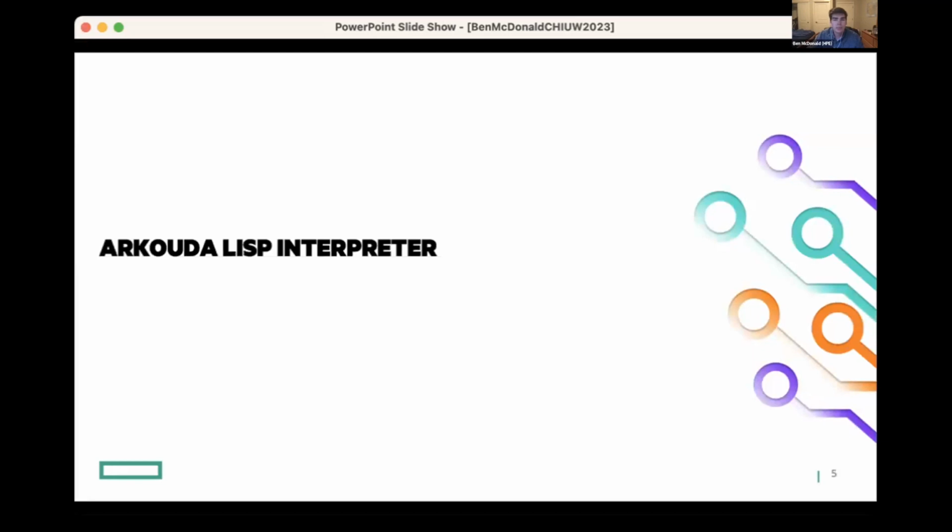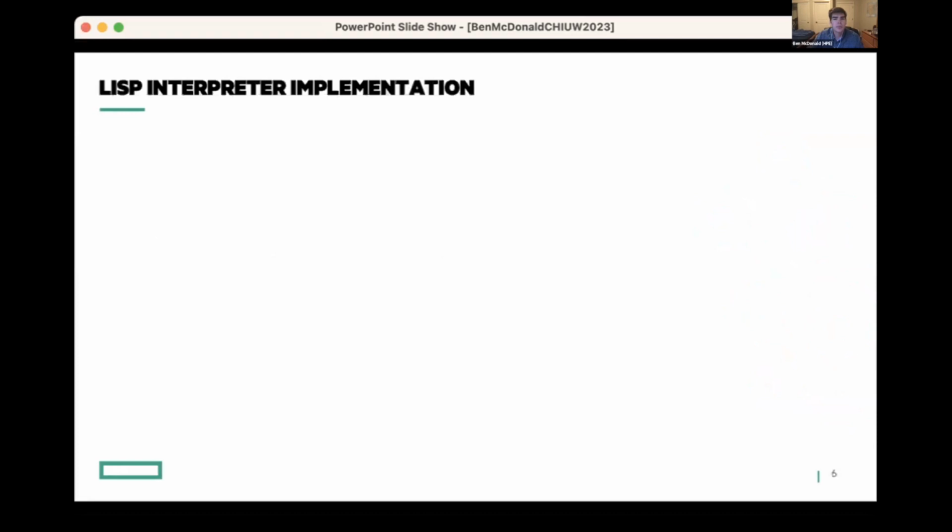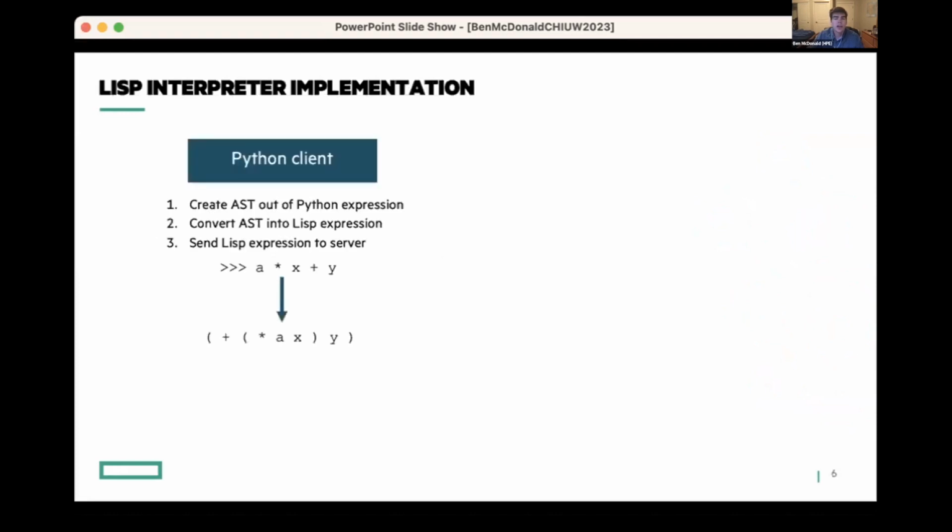And so the implementation for this effort came in the form of a Lisp interpreter. So if we look at this diagram here, this will show what's going on with the client side of the Lisp interpreter, where first we're taking the expression that the user's given us, in this case, that a times x plus y code. And then second, we create an AST and turn that AST into a Lisp expression. And then finally, we're going to send that Lisp expression to the server as a string and let the server